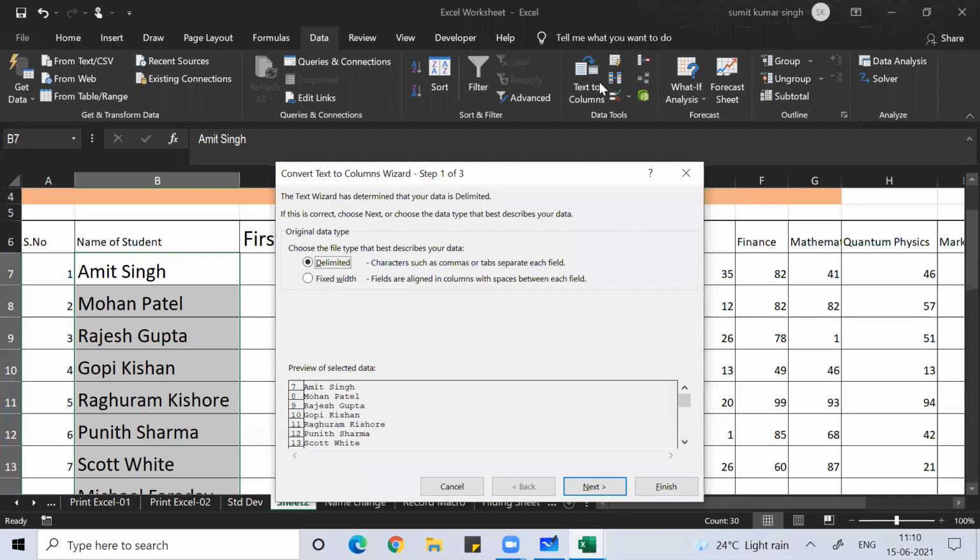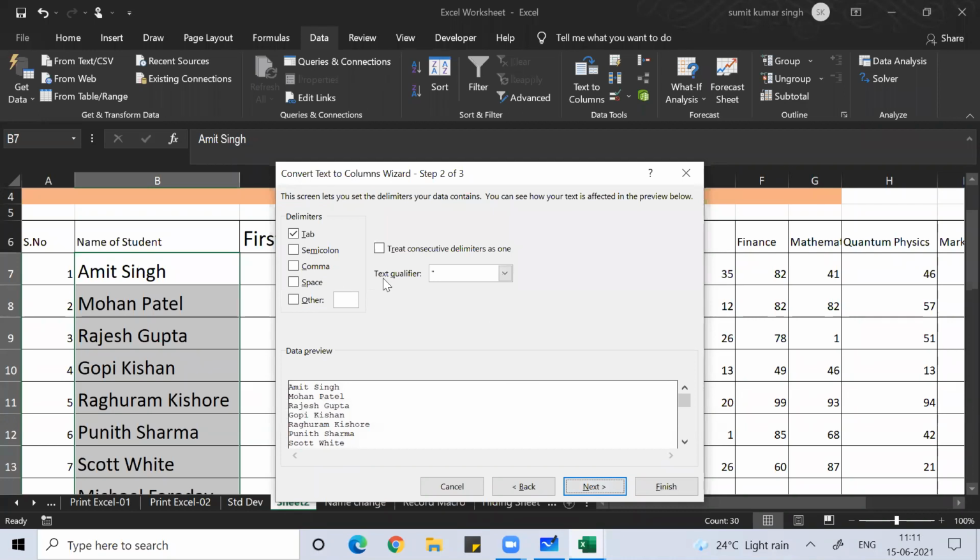Fixed width means you can give a fixed width, but fixed width will not work if the data has spaces. After a definite width, you can use fixed width, but here it is not like that. You click on Delimited. Next, what are your delimiters?